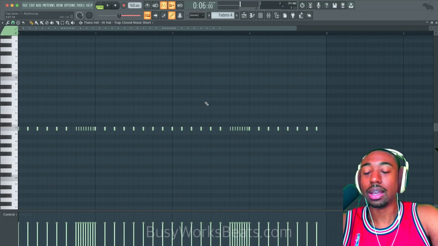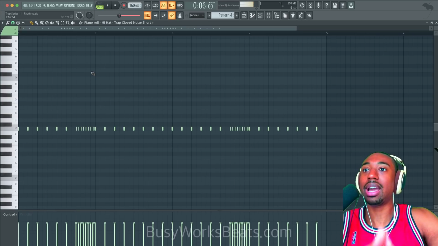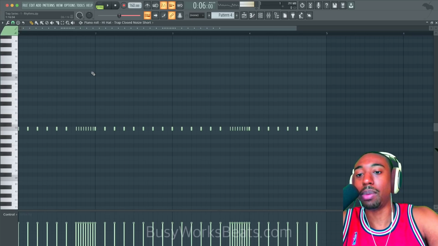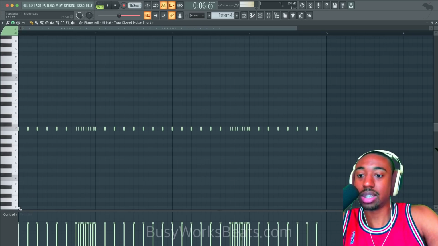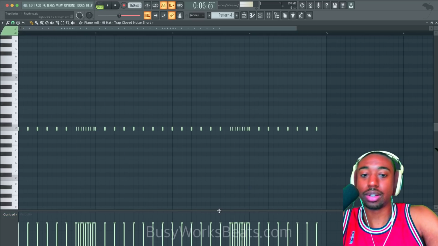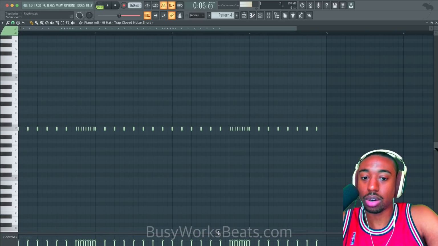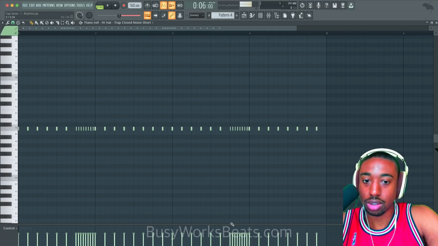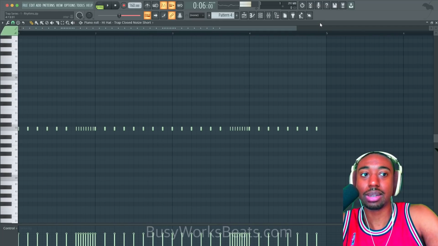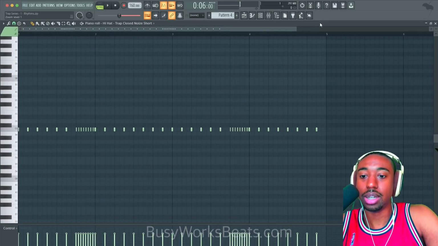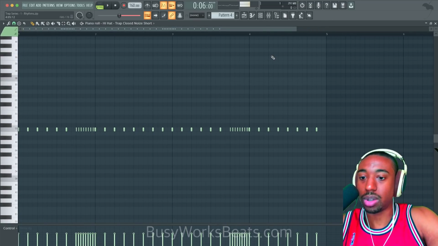Now the next thing I'll show you is how to make these hi-hat rolls more animated. This is the Internet Money sound. Okay, so we're gonna go to the bottom here. If you don't see this little ellipses, you wanna open up your piano roll. You'll see a little ellipses, a little dot, dot, dot at the bottom. If you don't see this, sometimes you have to double click your window to see this. So it puts it all in one screen.